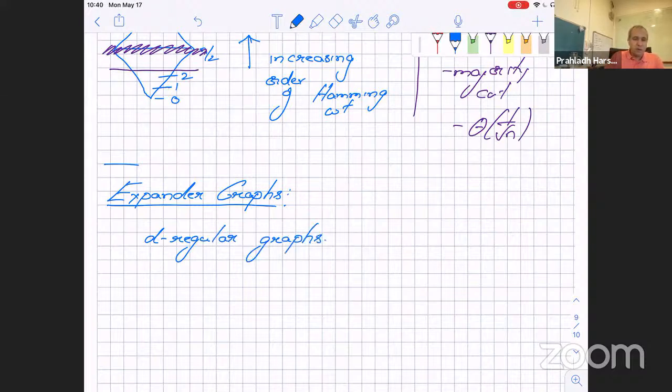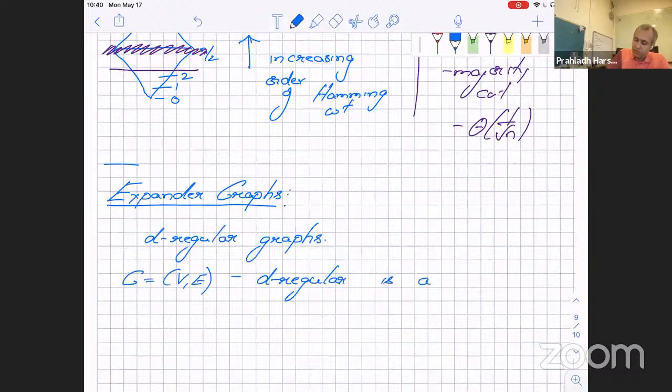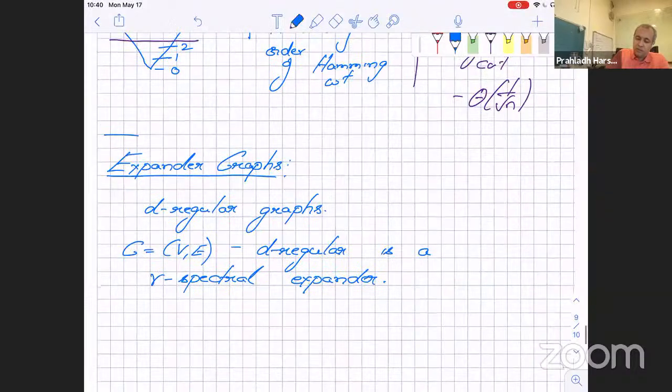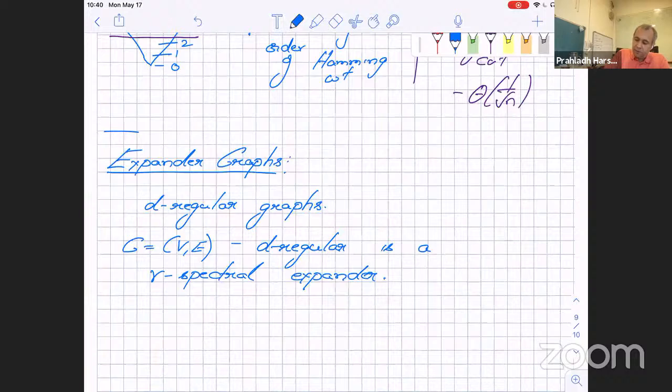So we'll work with d-regular graphs, and we'll say a particular G = (V, E), a d-regular graph, is a gamma spectral expander if